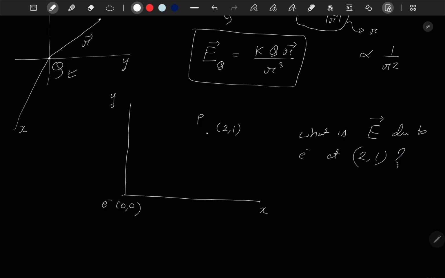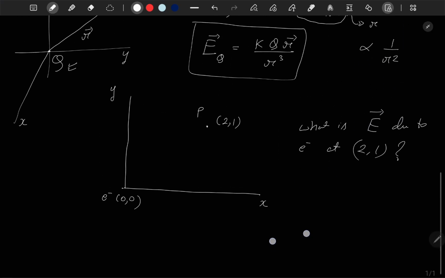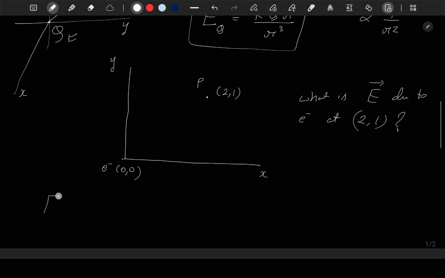Okay, so we will use the formula. The formula for electric field due to an electron is 1 by 4 pi epsilon naught q by r cube, and q here is the electron charge, which is minus 1.6 into 10 raised to minus 19 coulomb,